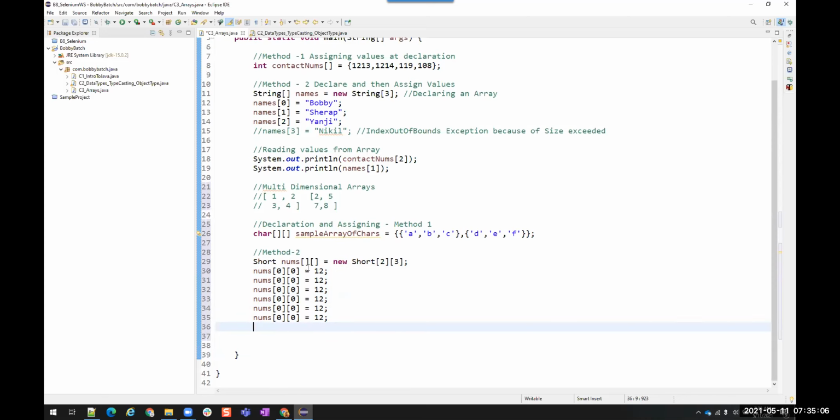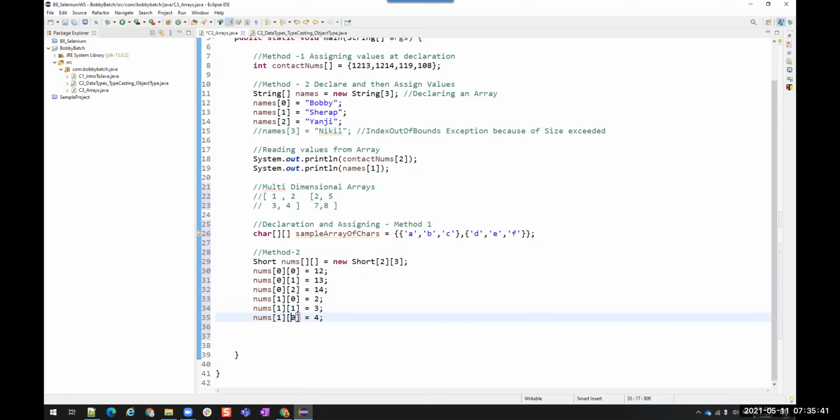0, 0. 0, 1. 0, 1. 13, 0, 2, which will be my 14. And then what is the position to start with second? 1, 0. 1, 0. 1. So here I am using 2, 4. Now what is the position for second one? 1, 1, 1, 2. 1, 1.